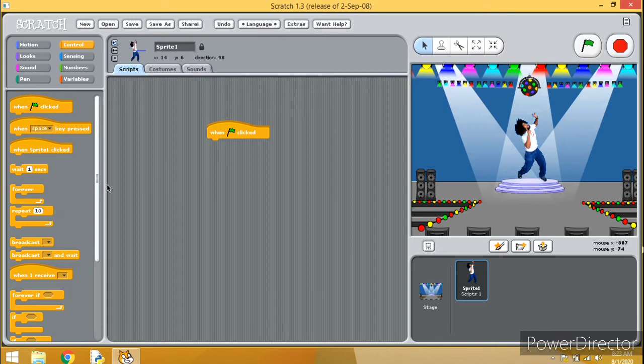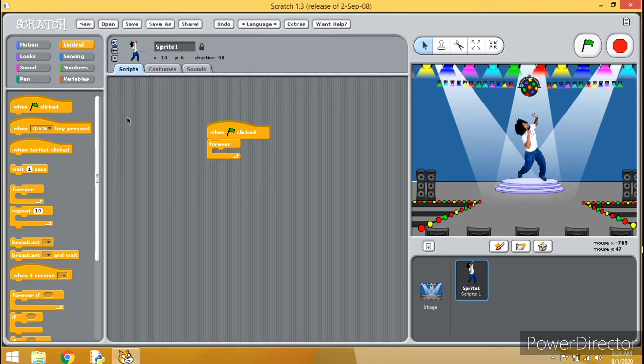What we would prefer is that he dances forever. Who will dance forever? The sprite will dance. So how will the sprite dance? We have to get this dancer in the forever block.